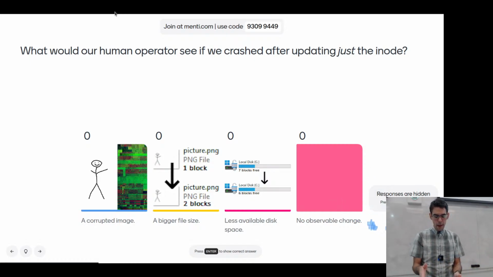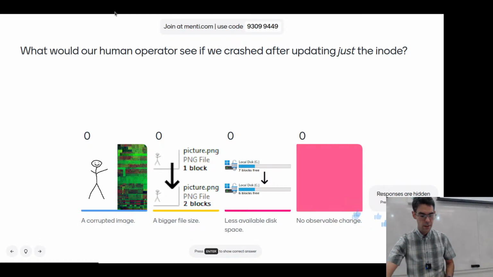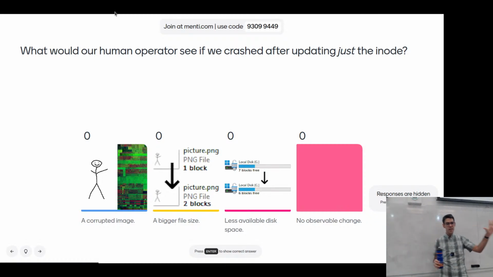For clarity, this diagram that I was stepping through, I put on the course webpage alongside today's lecture if you want to have a copy of that up on your screen while you're taking a look at this. So I'm going to give you like 5 seconds to answer this question, and then we'll think about this together. Okay, I'm going to reveal what you have answered.